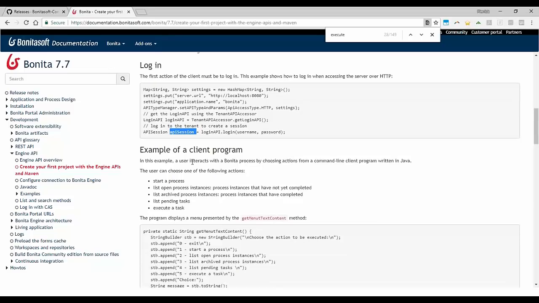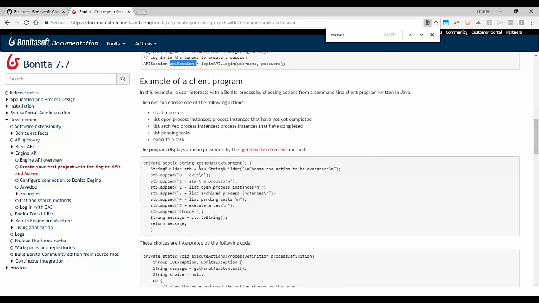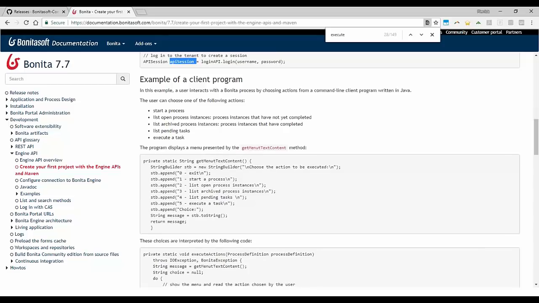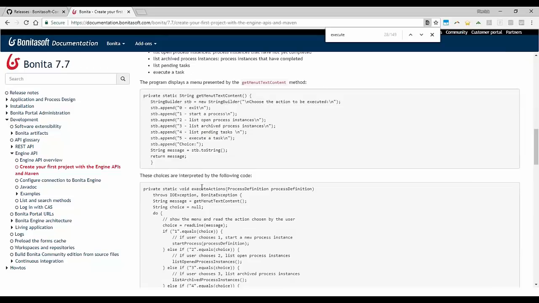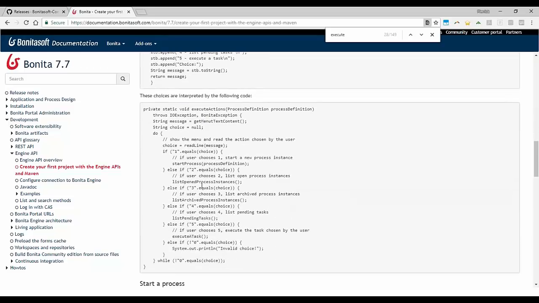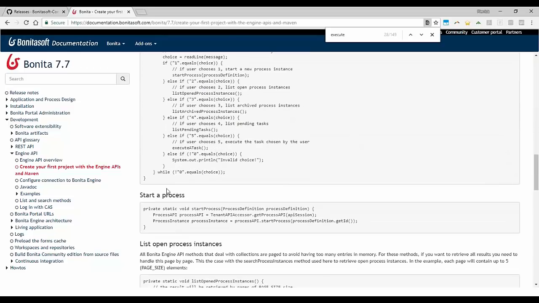And as you have it, you can use this session to access the different methods that are part of the APIs. So if you want to get information, execute a task, or start a new process, that's this example here, we'll be using the process API to do so. And one of the methods of this API is start process, for example.